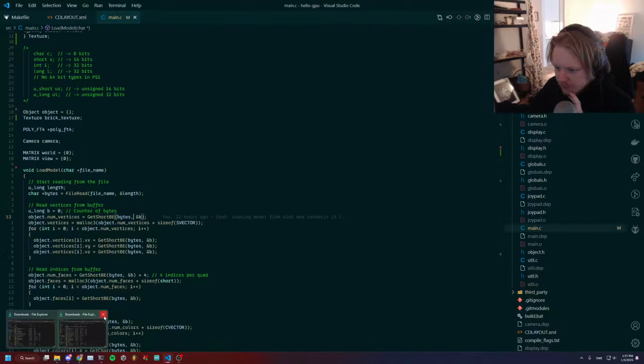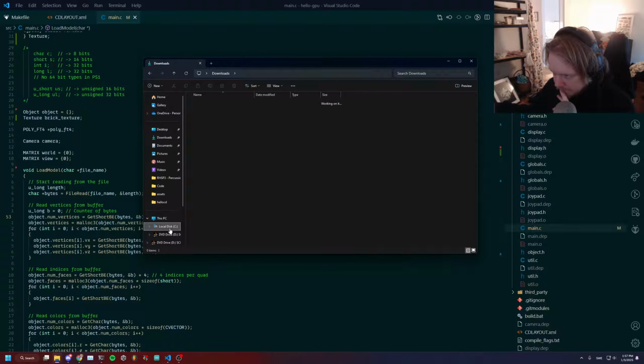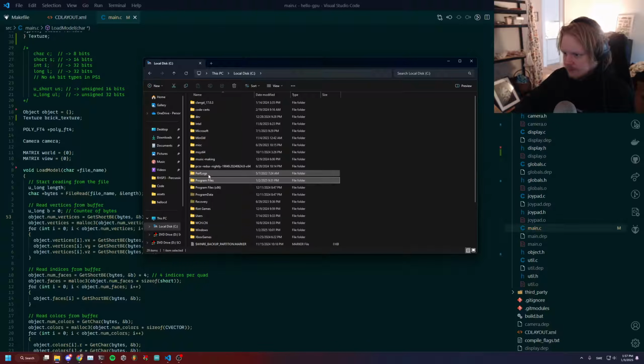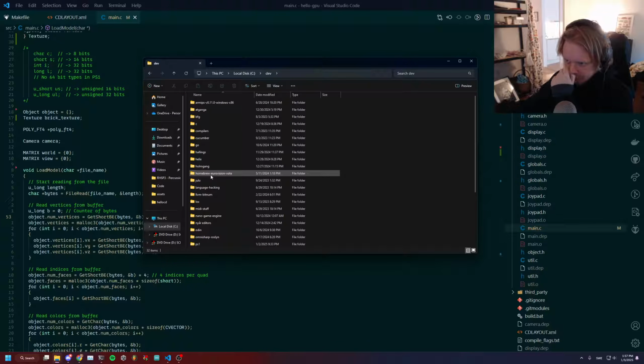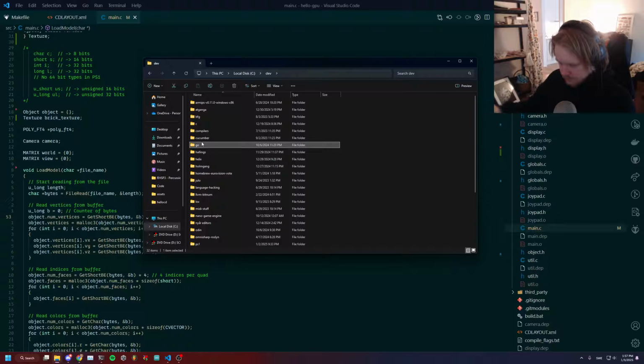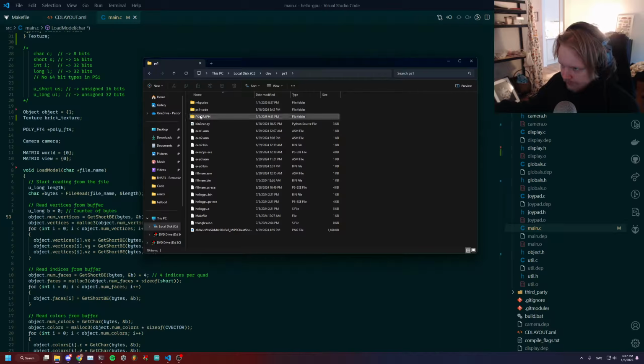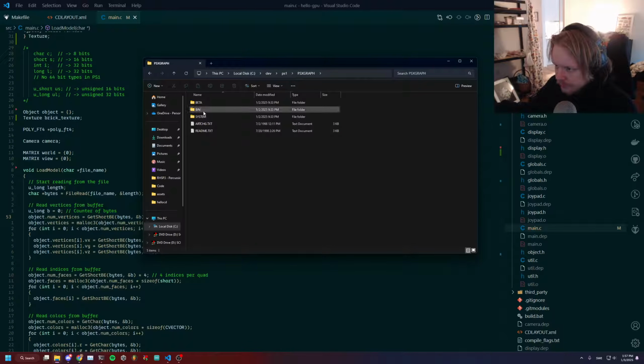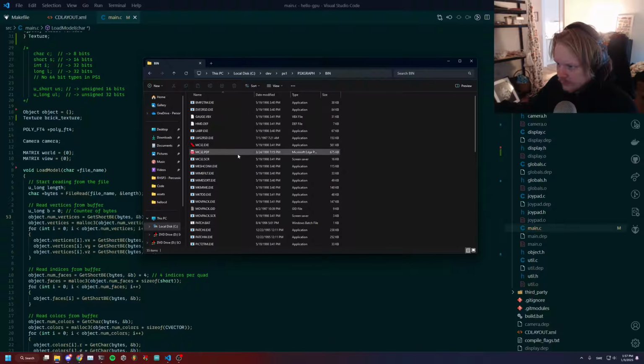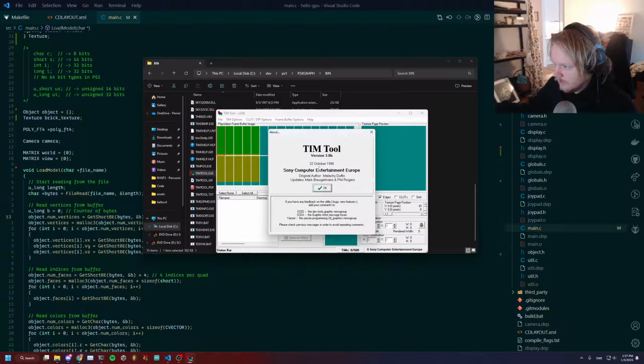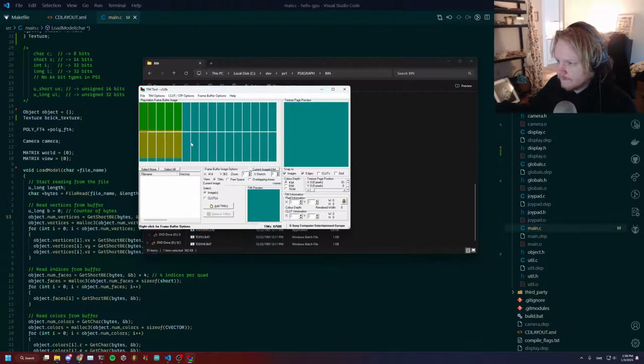So how do I convert from PNG to TIM? It's not super trivial. There is an official dev tool, released by I don't know who, maybe Sony. It's a very old tool. I got it from the course download, and this has a timtool.exe. Yeah, 22nd of October 1998, 1 year before I was born. Someone created this tool, which is very cool. So we can do import image files,